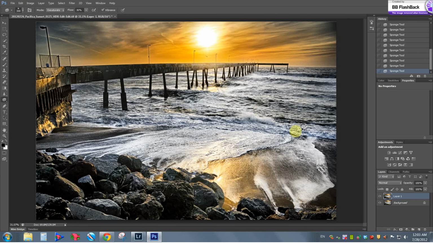And I think it's okay looking to me now. Let's check. So this is the improvement with the dodge, burn, and sponge tool. Without it and with it. Without, with. So you can see we have a better focus point through the middle, and